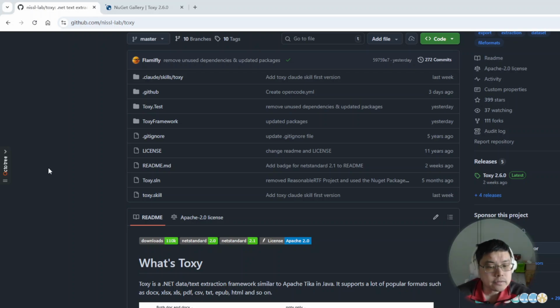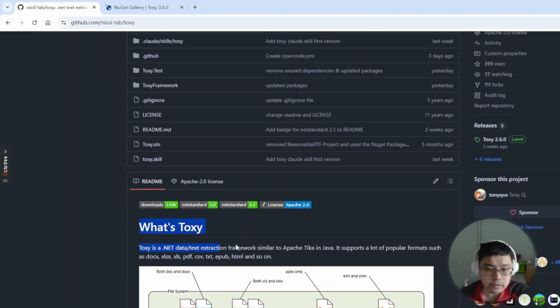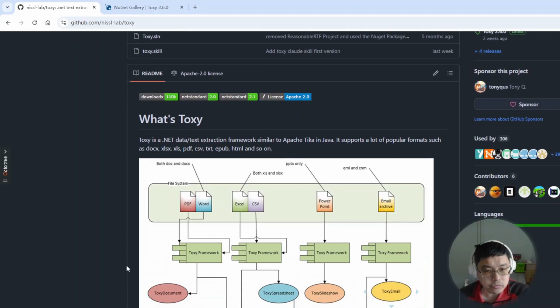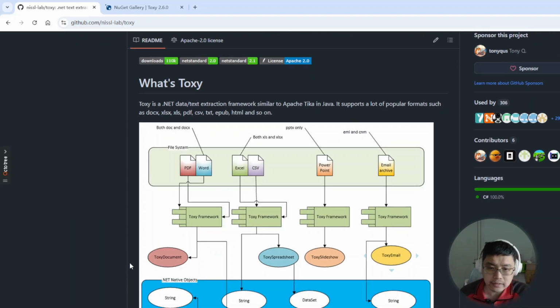Okay, let's start. So in today's episode, I'd like to introduce you to a library I created years ago, and now it's upgraded to 2.6. So I think it's time to reintroduce this library to the community to let you understand what it is and what it can do. So Toxy is a library that you can use to extract data from